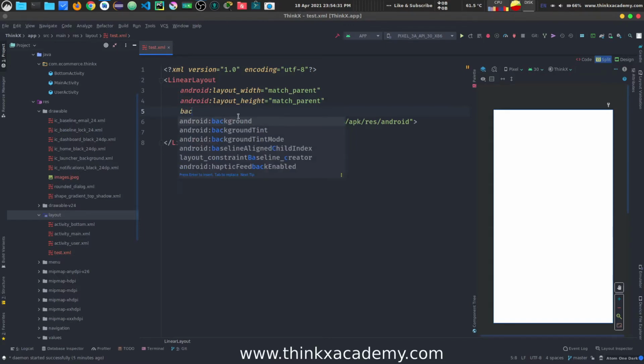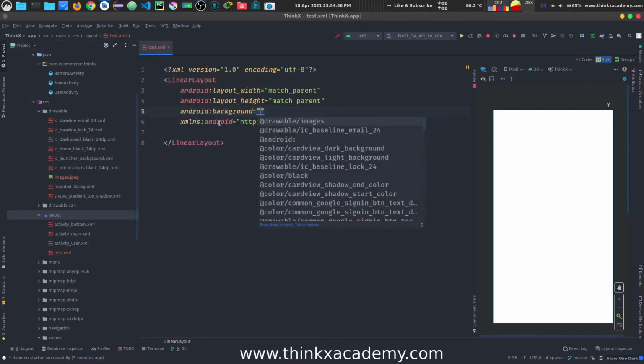It's very important to understand that you do not need to memorize these parameters like layout width, height, background. You just need to use your simple common sense, and once you are able to do that, you will know that for this specific purpose we can use this tag, right? For background, just type background and you can see a lot of suggestions. We will hit this one, right?